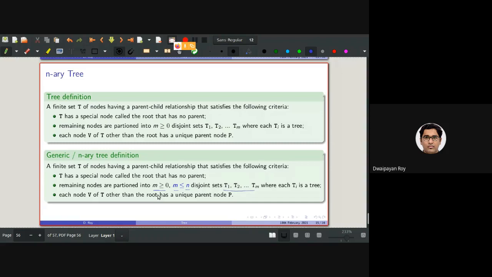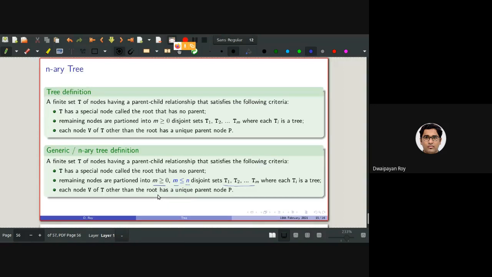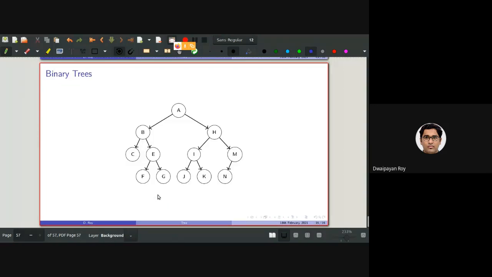If I specify the value of n as 2, it is called a binary tree. That is the tree we will be focusing on more in this course.